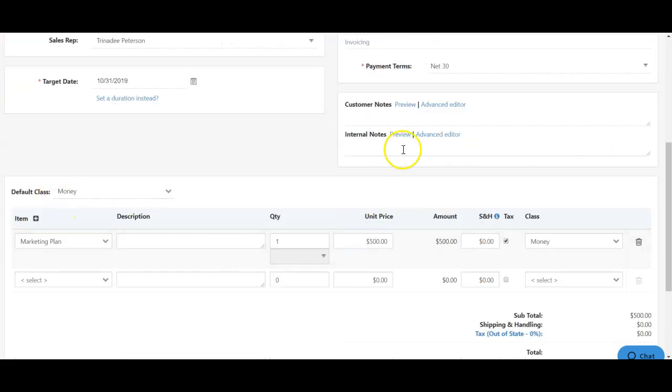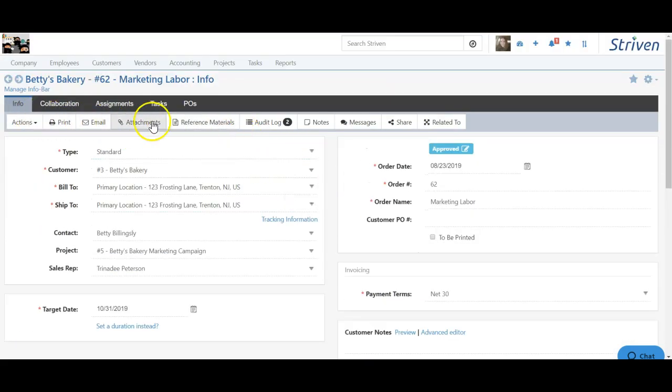Back on our order info page, we do have some additional options up here as well. We already went over these tabs, but what about these sub-tabs under info? So you see you have an action menu right here, so you can copy the order, create an opportunity from the order, create a purchase order from the order, which will then be listed in the POs list, create a project, create a task, which will then be listed in the task tab, or invoice this order. You can also choose to print the order,